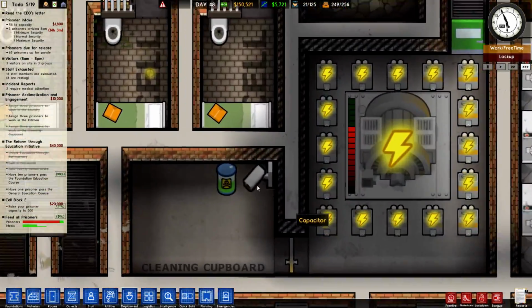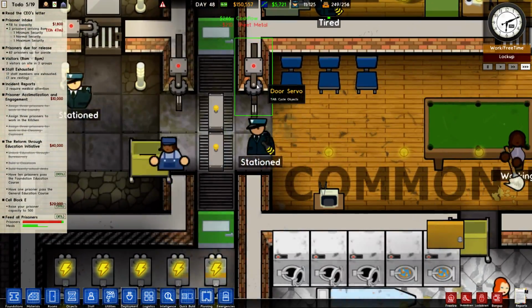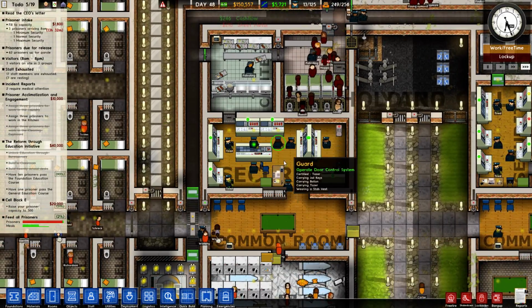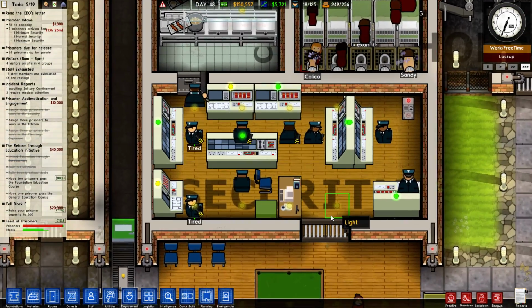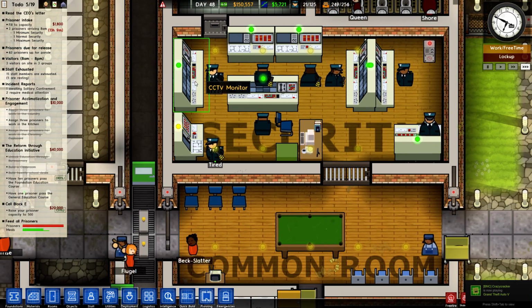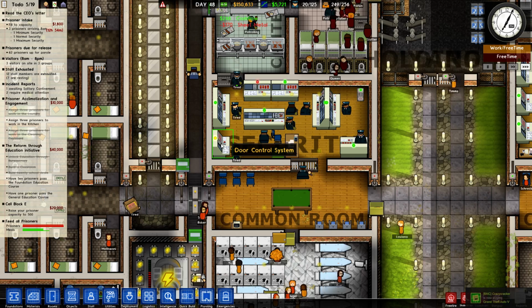As you can see, I started using CCTVs by this point, and these things that are called door servos. Basically, there's a whole bunch of technology going on in the security room. They are using all this stuff, right? So CCTV monitors is self-explanatory. They use it to watch the cameras. Door servos is